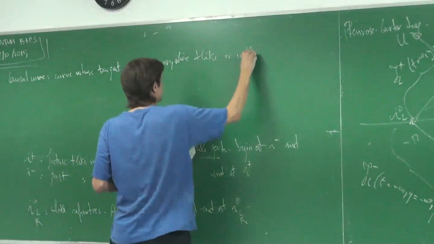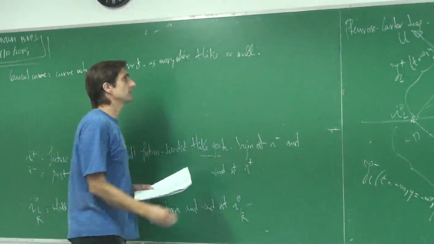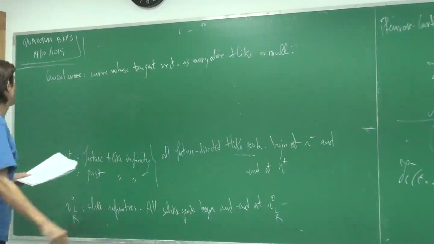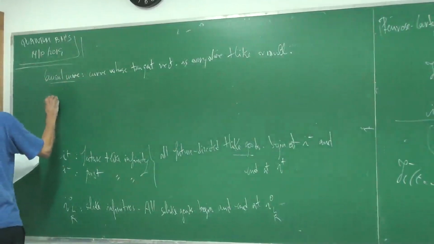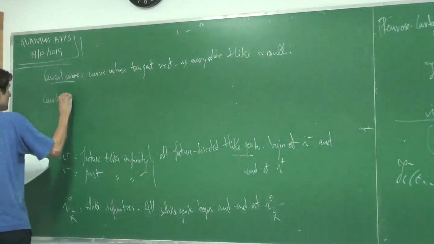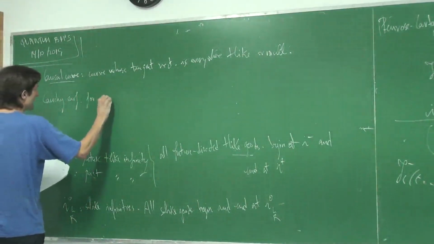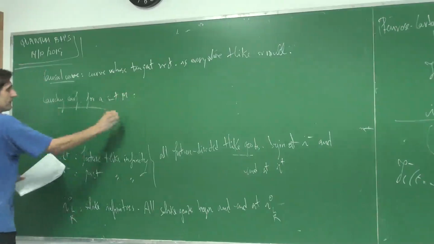You can change from timelike to null if you wish. It wouldn't be geodesic. And a Cauchy surface for a space-time M, so these are general definitions,